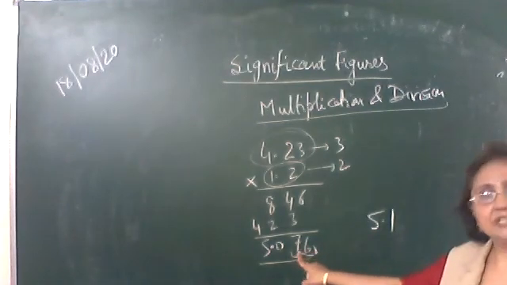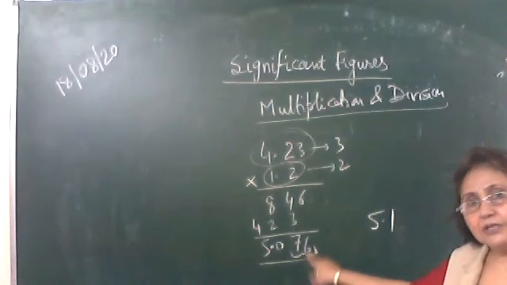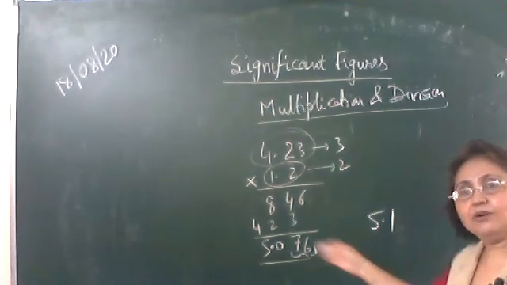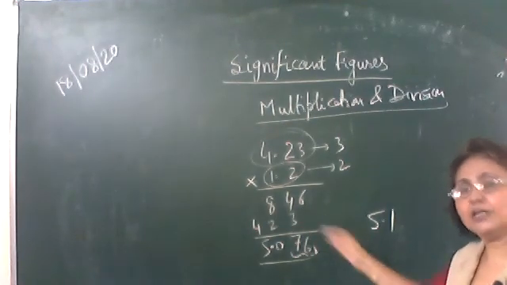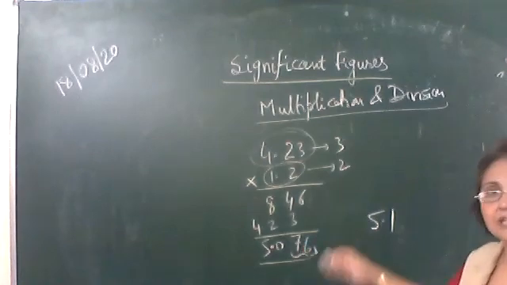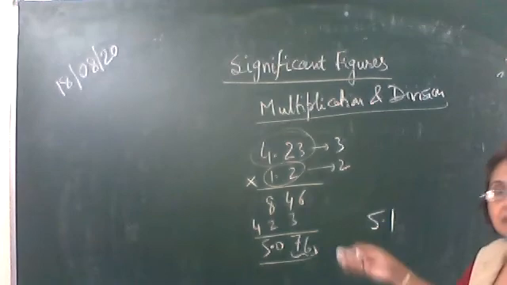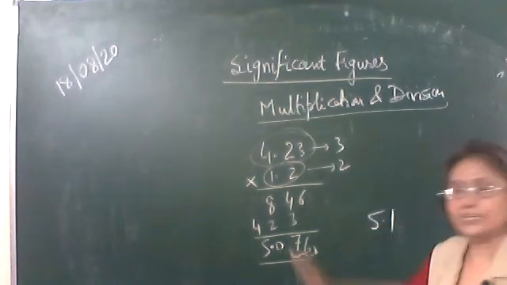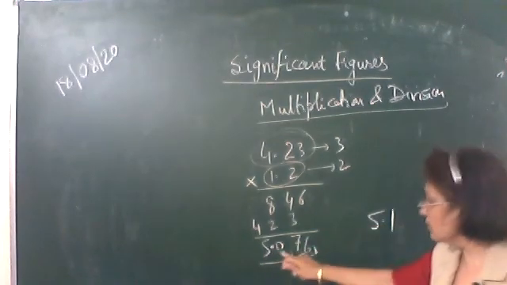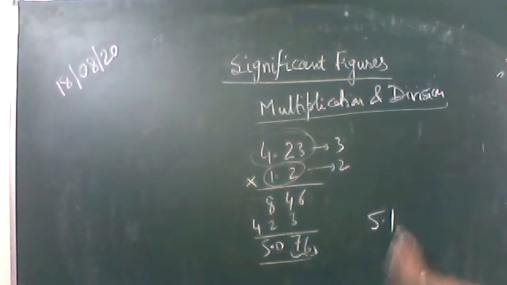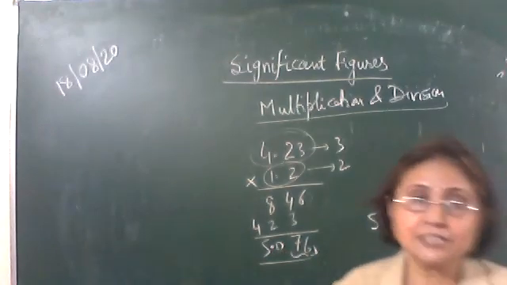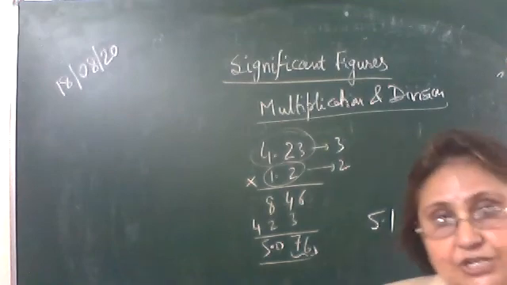Okay, or you can see these 2 digits which have to be dropped, like greater than 5 or greater than 50. Okay, or if there are 3 digits, you can see that greater than 500. If the digits to be dropped is greater than 5000, then the preceding digit will be raised by 1. So in 2 significant figures, the answer will be 5.1. The same is the rule for division also.